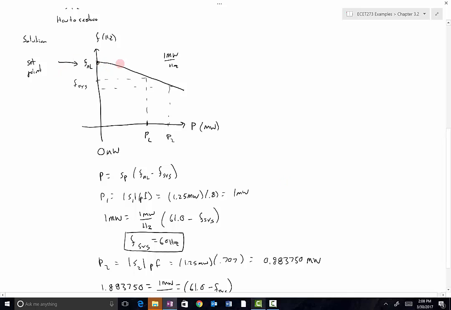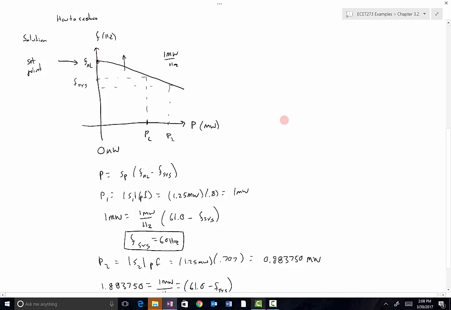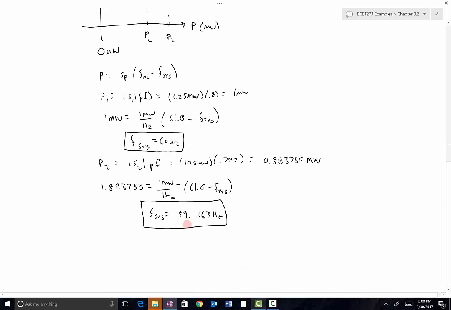We can change the generator set point. What that does, again, is move these curves up. It doesn't change the slope, it just changes the y-intercept right here. So we need to increase the no-load set point. We can see that in this case we are 59.1163 too low. So that means we need to go as much above 60 hertz as we are below it. So we need F no load to be equal to,